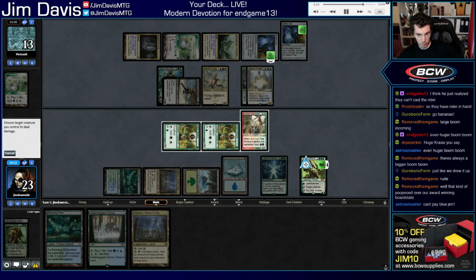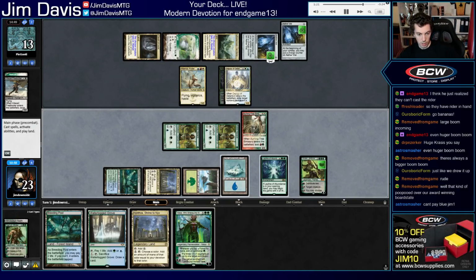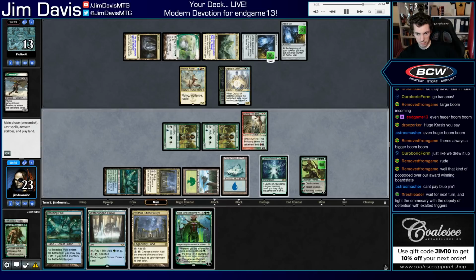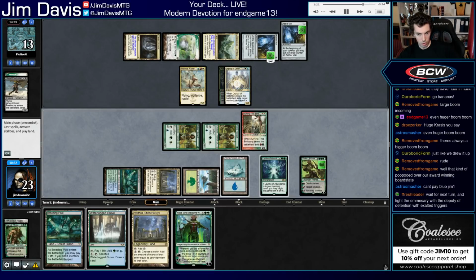Just gonna kill the thing with Vivien. I mean, it's not like the prettiest thing in the world, but get back our Nissa. And just play land, say go. So there's no Waterlogged Grove here. There's no reason to get a Krasis back because it just dies. So if it was an 8/8, sure, but